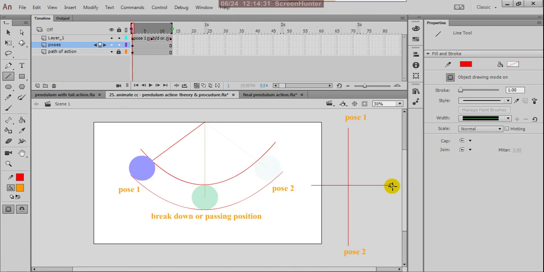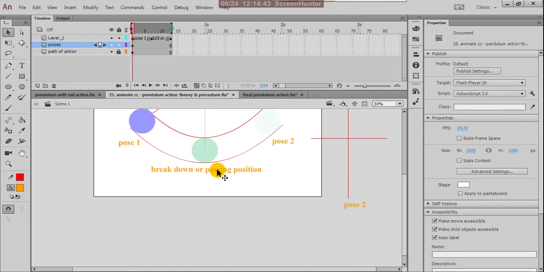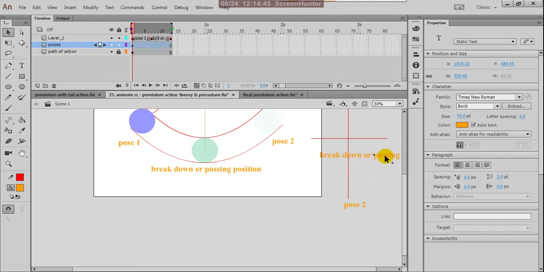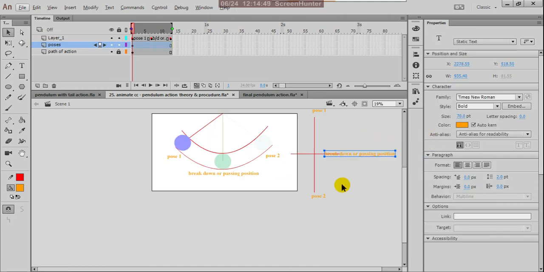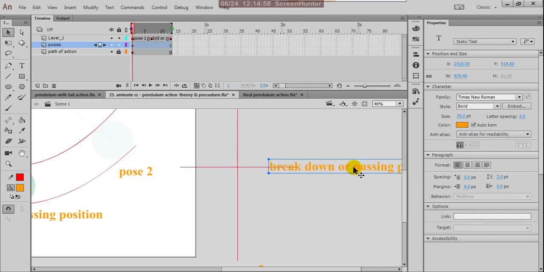Yes, so dividing this line, these two pendulums. Here you can name it the same. So breakdown or passing position.